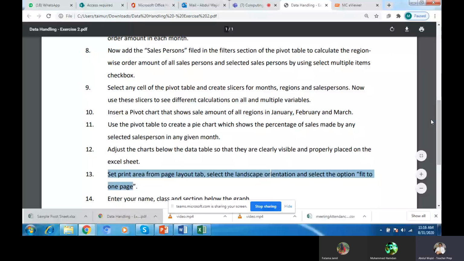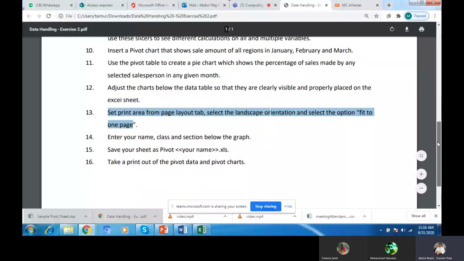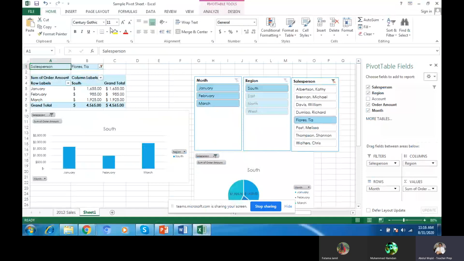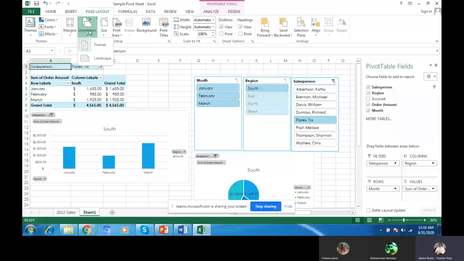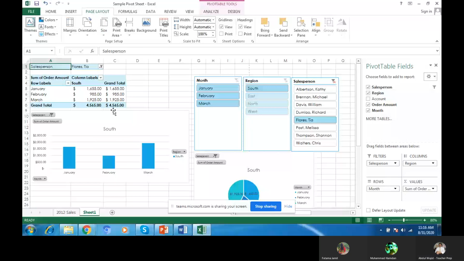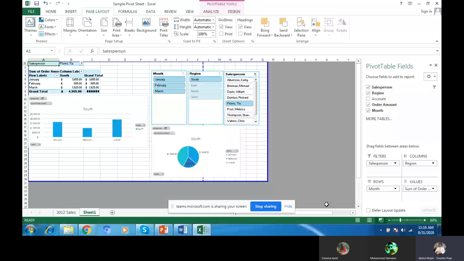Go for page layout, that thing, and write the name. Okay, we will go there, name, and save. First we go to page layout, click on page layout orientation, this one, landscape, and page size is A4. Yes, we will click here. Yes, it's okay, but it's in 2 pages. We will drag this one here. It is now in 1 page.